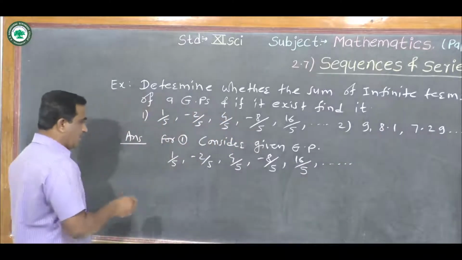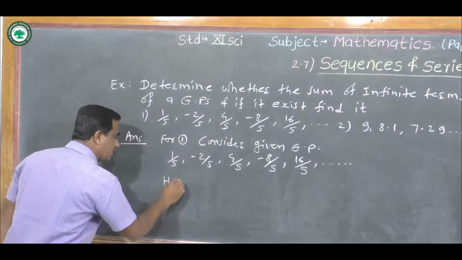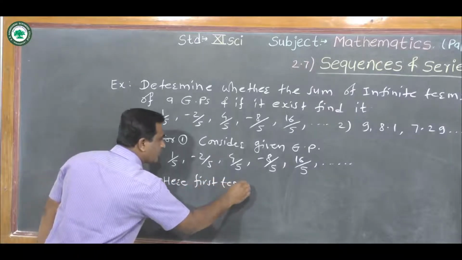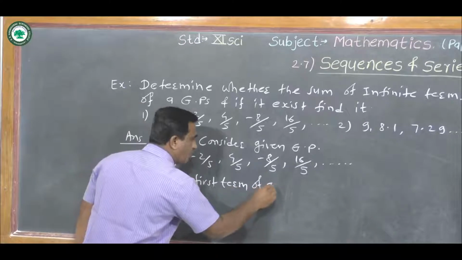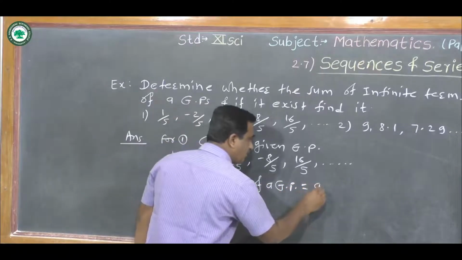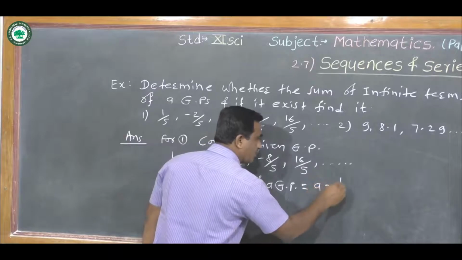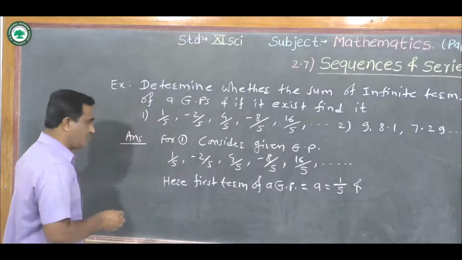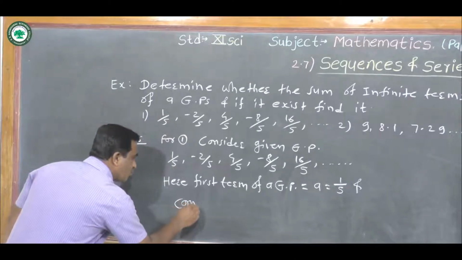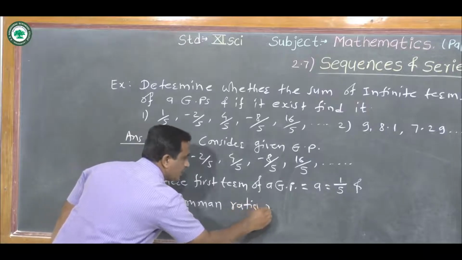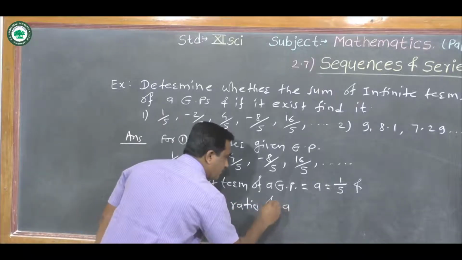Now here the first term of the geometric progression is A equal to 1 by 5, and we have to find the common ratio of the GP,